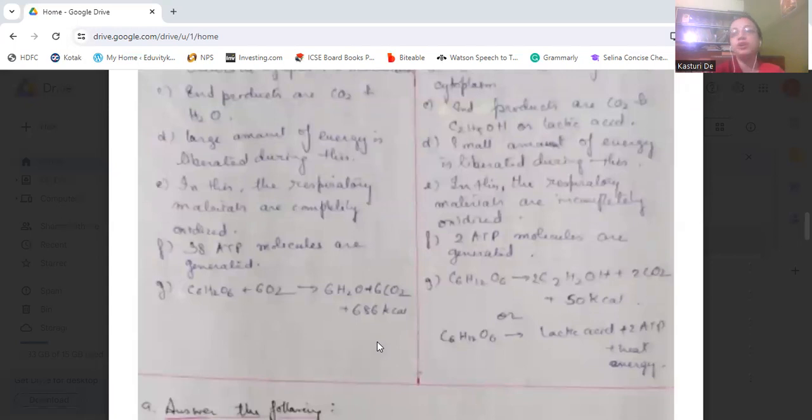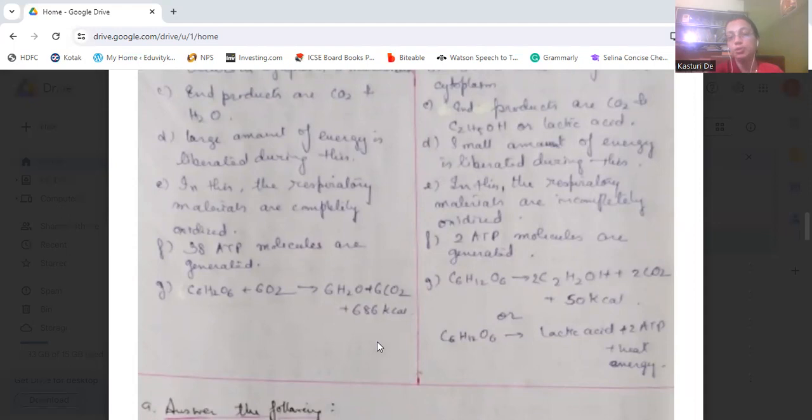Then a large amount of energy is produced in aerobic respiration, and in anaerobic respiration, a very small amount of energy is produced. In aerobic respiration, the respiratory materials are completely oxidized, but in anaerobic respiration, they are incompletely oxidized. Then in aerobic respiration, 38 ATP molecules are generated. In anaerobic respiration, only 2 ATP molecules are generated. The equation stands in this way: